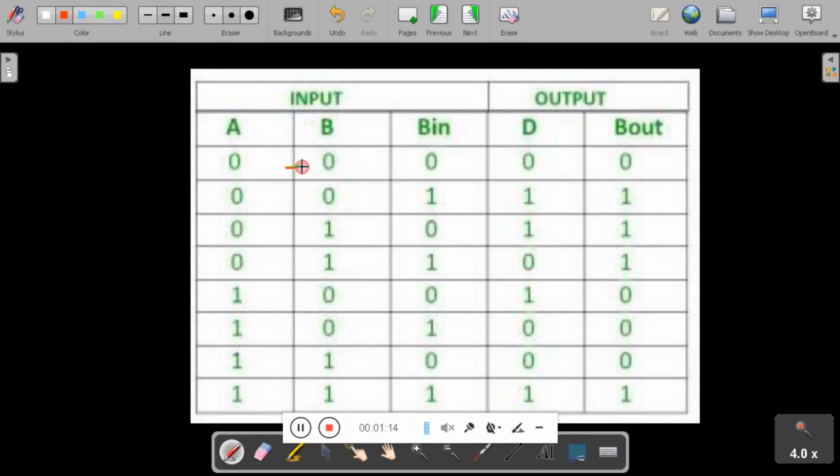So 0 minus 0 is 0. Once again 0 minus 0 is 0, difference is 0 and borrow out is 0.